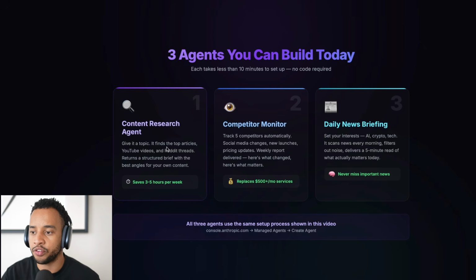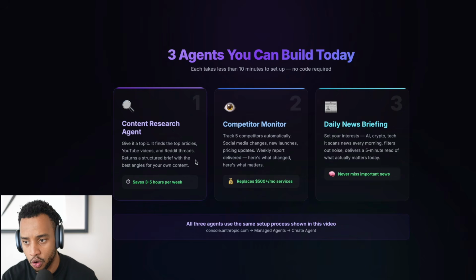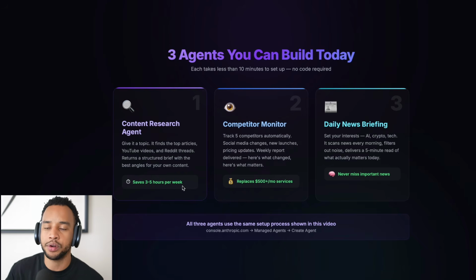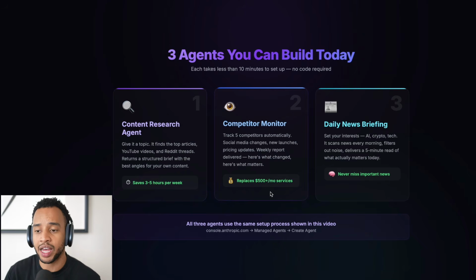You give it a topic, it finds topic articles, YouTube videos, and Reddit threads. It returns a structured brief with the best angles for your own content. Or you wanted to monitor the competition. All these tools could save you either tens of hours a week, or save you hundreds, if not thousands, if not tens of thousands of dollars for your business, because a competition tracker, let's say you've got an e-commerce store,